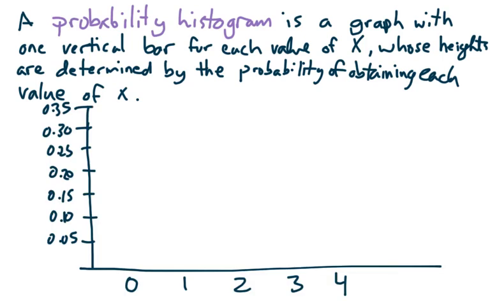So according to the previous problem, if we want to make a probability histogram for the number of tails in 4 coin flips, we're going to have 0 tails 6.25% of the time. So right about there, a little bit higher than 0.5. And now for 1 tail, that was 1/4 of the time. And already you can see that my bars weren't equally spaced, so I fixed it. Oops, fixed. Great.